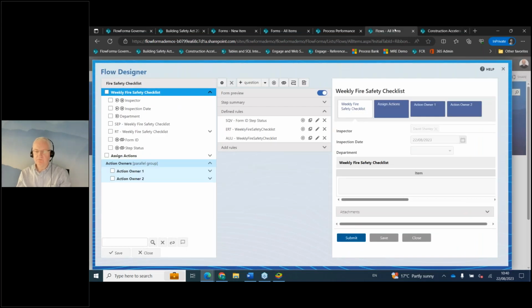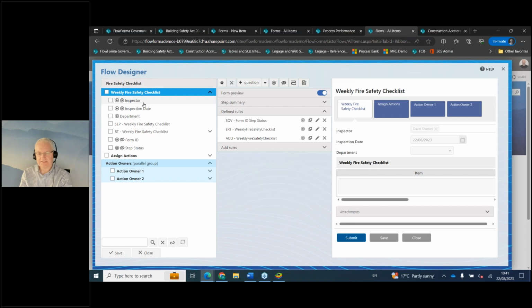But once you start using the system, you'll realize very quickly that you can simply create your own processes from scratch. It's really quick and easy. You talked about a 1 week, 2 week time frame earlier on, and it really is that fast. It's that fast because we have this no-code configuration tool. We call it the Flow Designer, and in the Flow Designer, you can create a series of process steps,